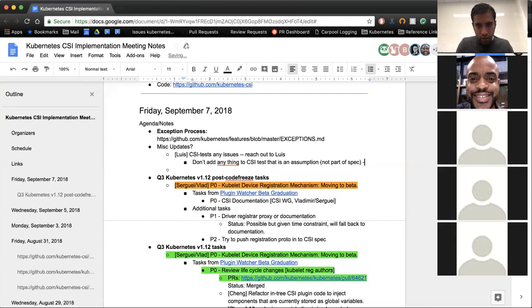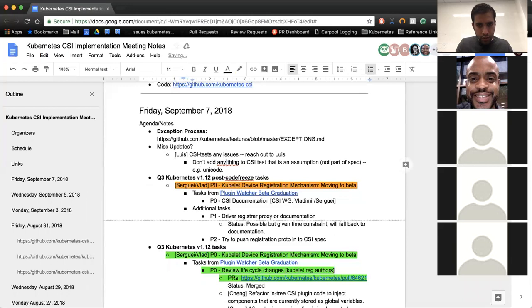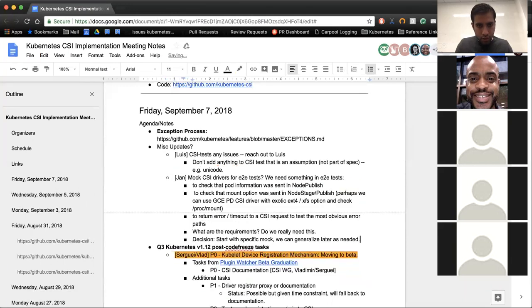So what I asked is that the person who wrote that, Ben, go back to the CSI spec and make sure that's in there, and then I would love to put it in. But I would like to reduce the number of assumptions that we put in CSI tests that are not specifically done in the spec.